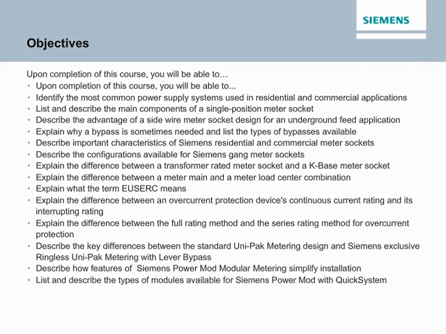Explain what USERC means. Explain the difference between overcurrent protection devices, continuous current rating, and interrupting rating. Explain the difference between the full rating method and series rating method. Describe the key differences between the standard Unipack metering design and Siemens exclusive ringless Unipack metering with Libre bypass. Describe Siemens PowerMod modular metering installation, and list and describe the types of modules available for the Siemens PowerMod Quick